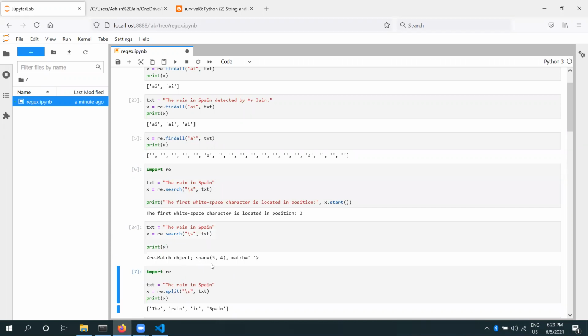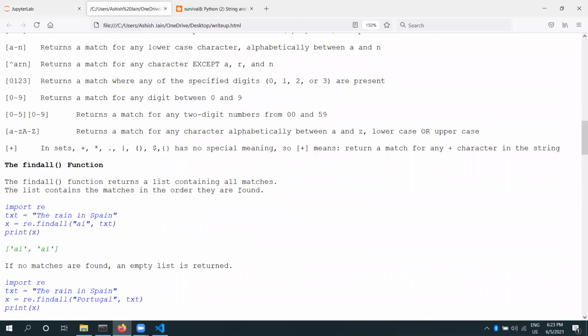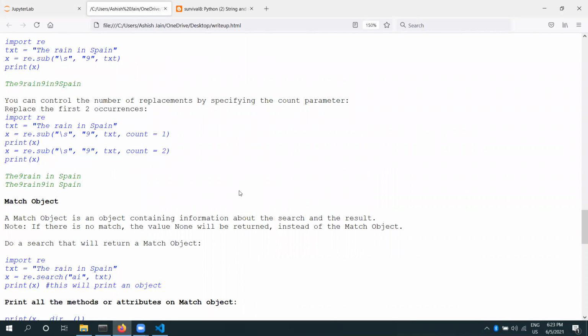Match object span 3 to 4 and match equals to this. Now, why did it print only 1? Okay, so we have to set its occurrences. Find all, search,